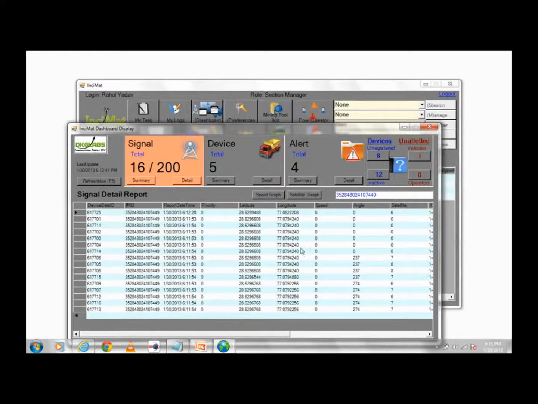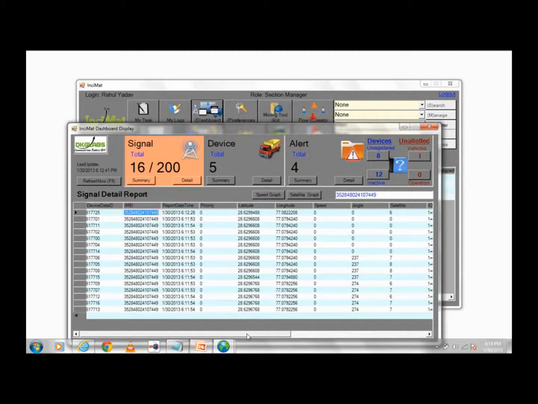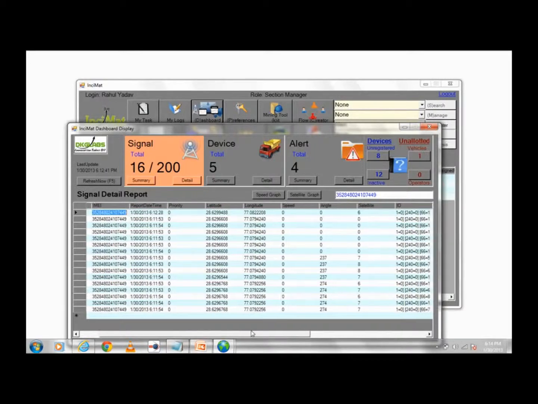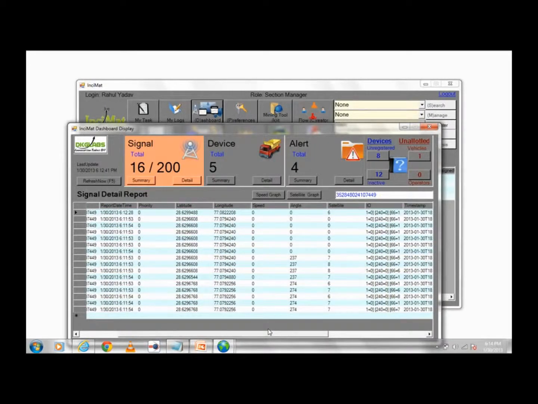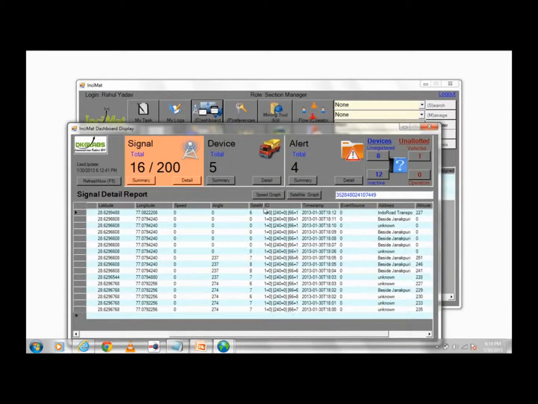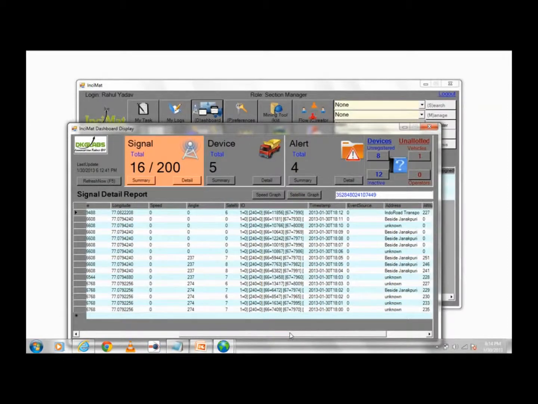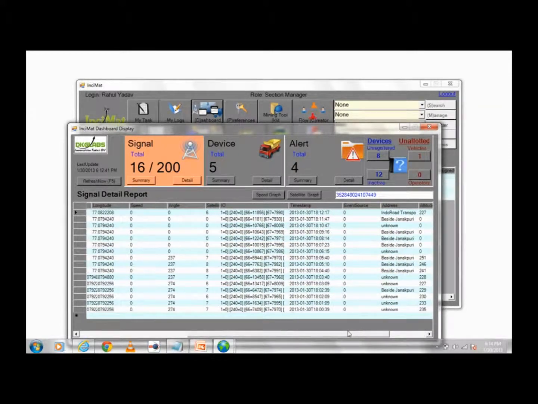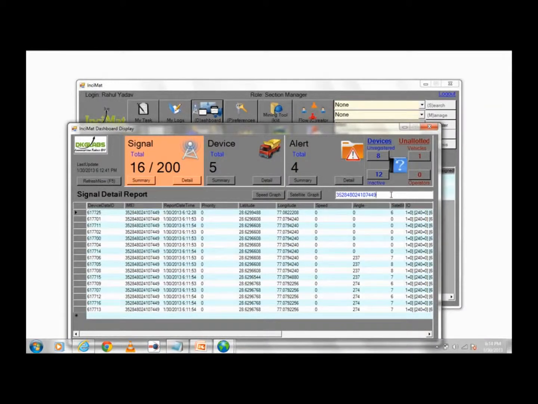So this is a GPS hardware device having an IMEI. I will get all the information ranging from the date and time reported to the server, the latitude, longitude, speed, angle, satellites, and a set of information on the right with respect to the movement sensors, ignitions, voltage values, fuel sensors, and typically the timestamp when the satellite is sending the signal to the server. Apart from this, addresses, altitude, and the port. Similar information. This is hardware.